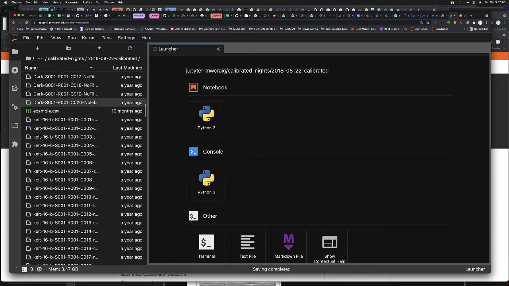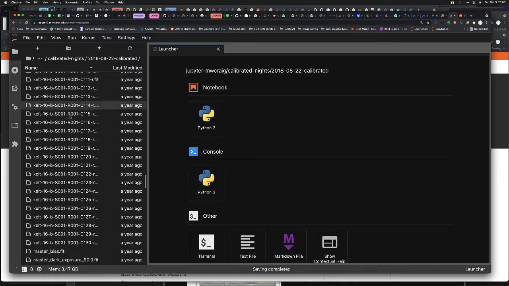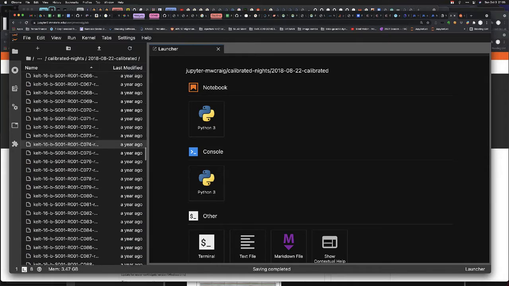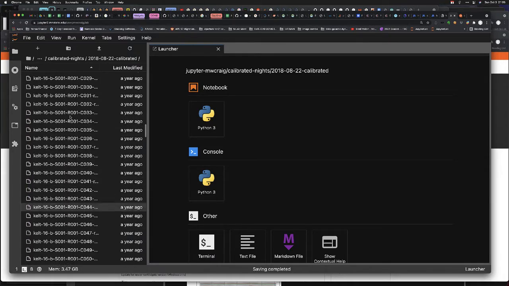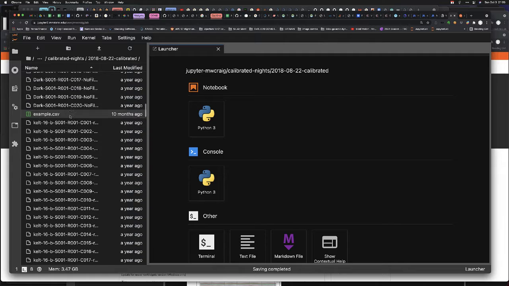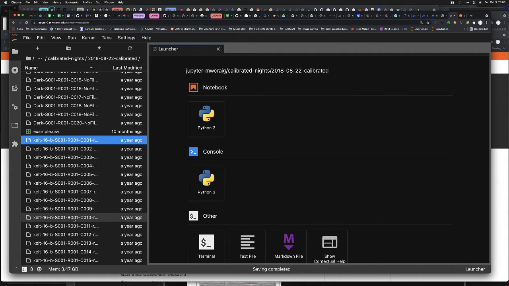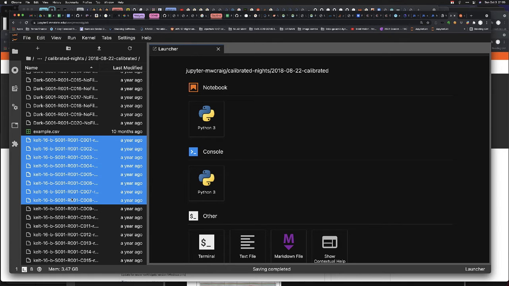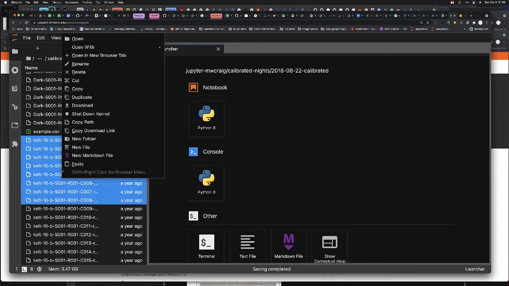and there are like a bajillion Kelt 16 images. I'm not going to grab all of those because it turns out it takes a while to copy them. So in my case, I'm just going to grab the first few Kelt 16 images. You grab all of the images of your object that are there. And at this stage, it's okay if you have images with different filters in the same folder. I'm going to copy those,